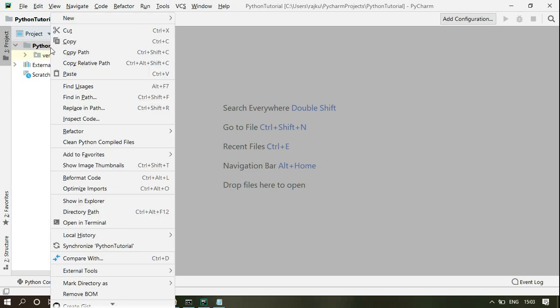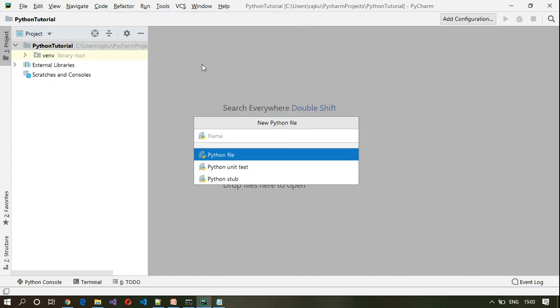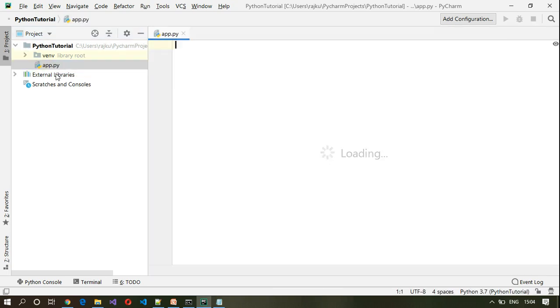Right click on this, new Python file. So I will call it app. I can call it with any name. The extension is also not needed. However, select the Python file here, and it has created app.py here.